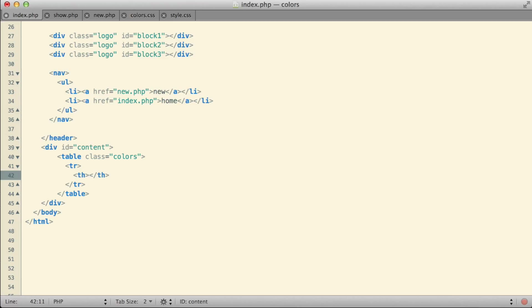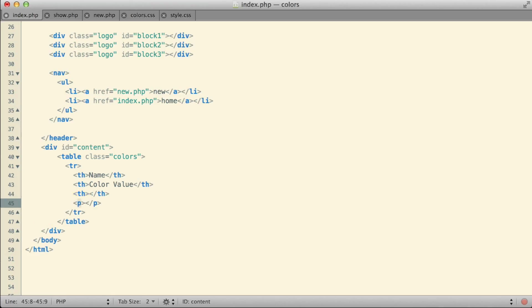What I'm going to want to display is the color's name. I'm going to want to display the color's value, the hex value that we have stored in our file. And then I'm going to put in a couple of other headers because there's going to be a few extra columns that I'm going to put in my table that I'll explain in a minute. So those two blank table headers are simply there to balance the table out, to make sure that my header row will have the same number of columns or cells in it as all of the following rows will. All the following rows will also have 4 cells in them.